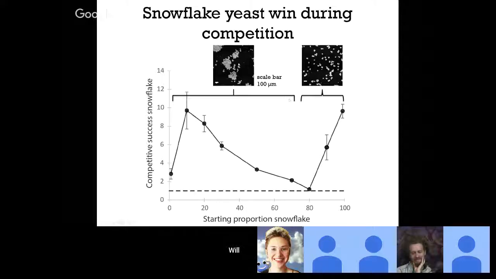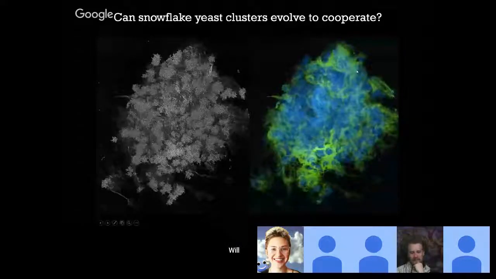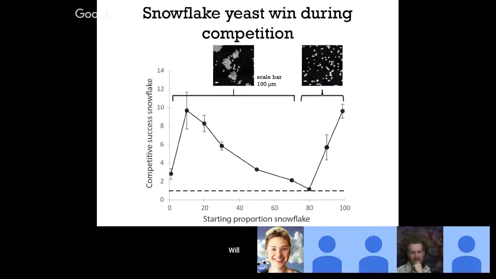So there's this kind of two-phase thing where snowflake yeast essentially exploit the aggregative mechanism of flock. They take advantage of the fact that flock can't really keep them out of their groups. And then once they've driven flock to a low enough frequency, they just mop up what's left over by competing against single-cell yeast. So I don't have the data in here, unfortunately,